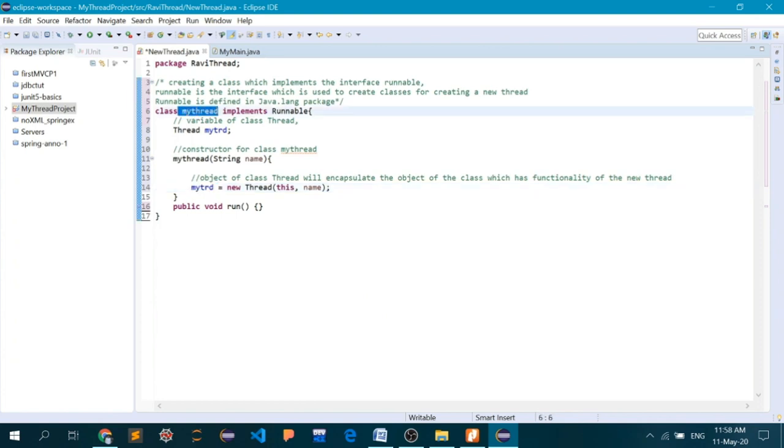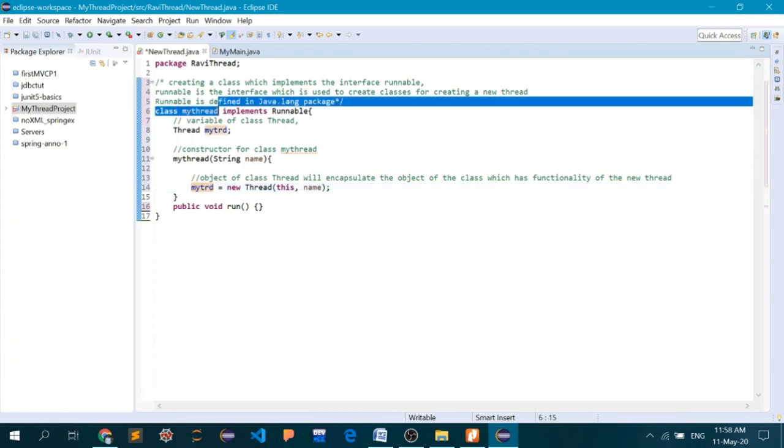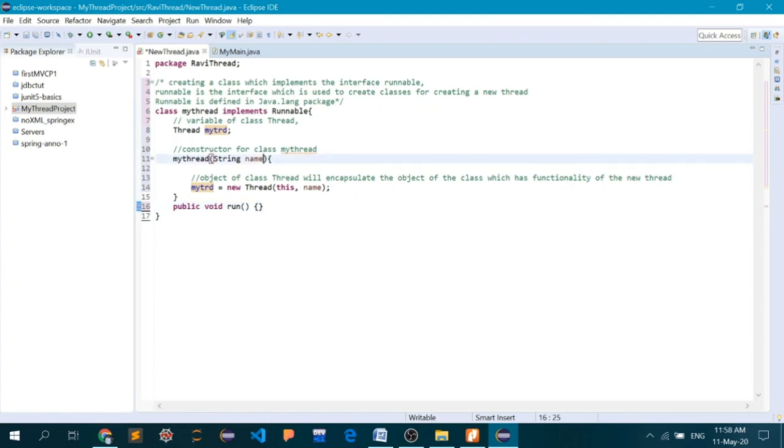Okay, and I have also passed on the name. Now the new thread which has been created by this class myThread has a name, and that name is provided by you. So this name will pass on to here, and that new thread will have exactly the name that you have passed. So I think I have made myself clear.